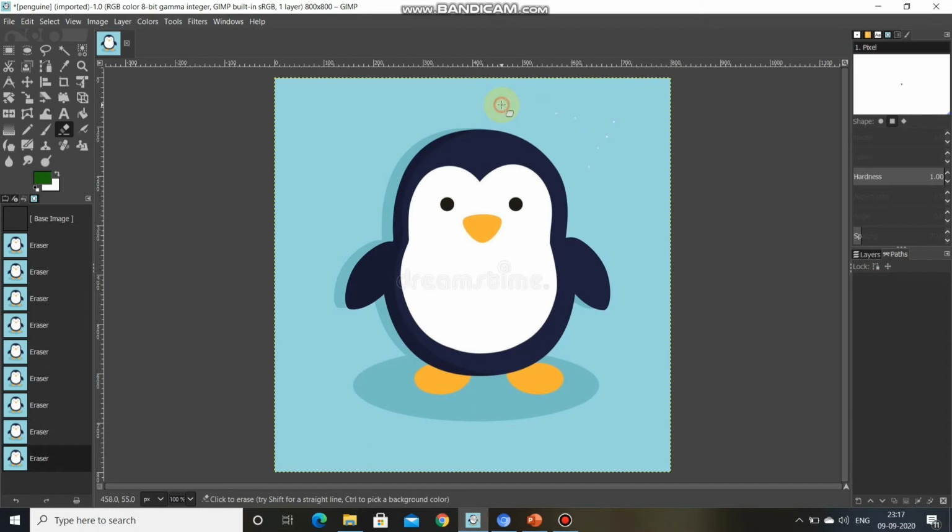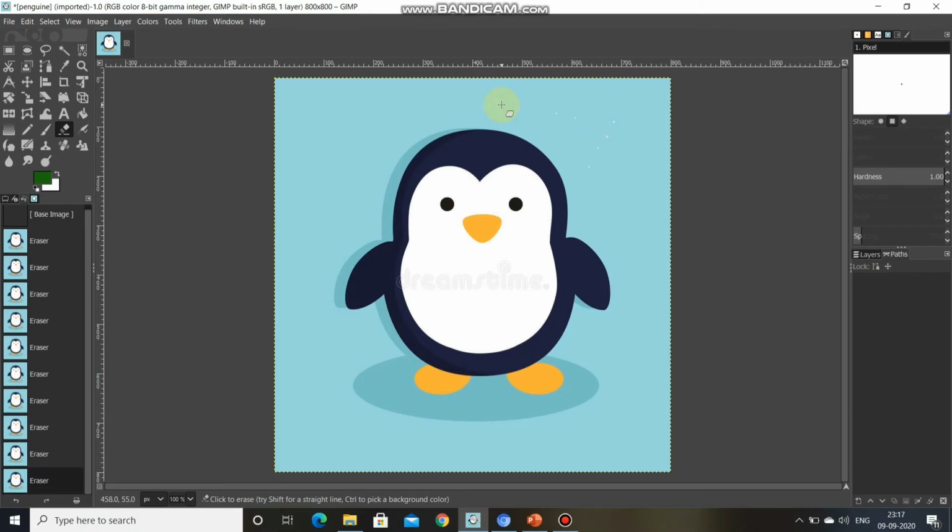Okay, so this box, now as you can see, this box is the brush editor dialog box. Brush editor dialog box.